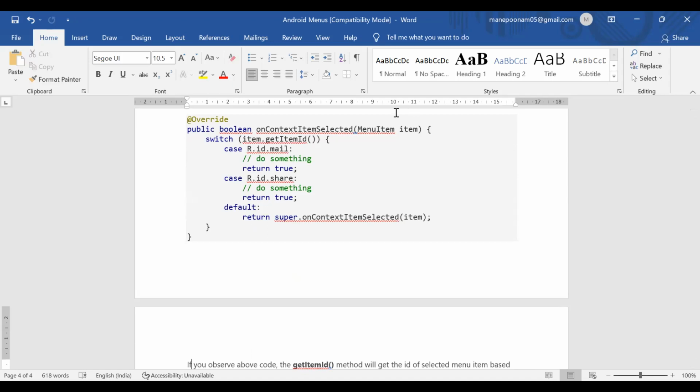In that we get the menu item. So all the items we get in an item attribute. Switch item dot getItemId. So here we get the ID and we check the case. If the first item gets clicked, then this case will execute. If second, then this will execute. In default, we give some message.